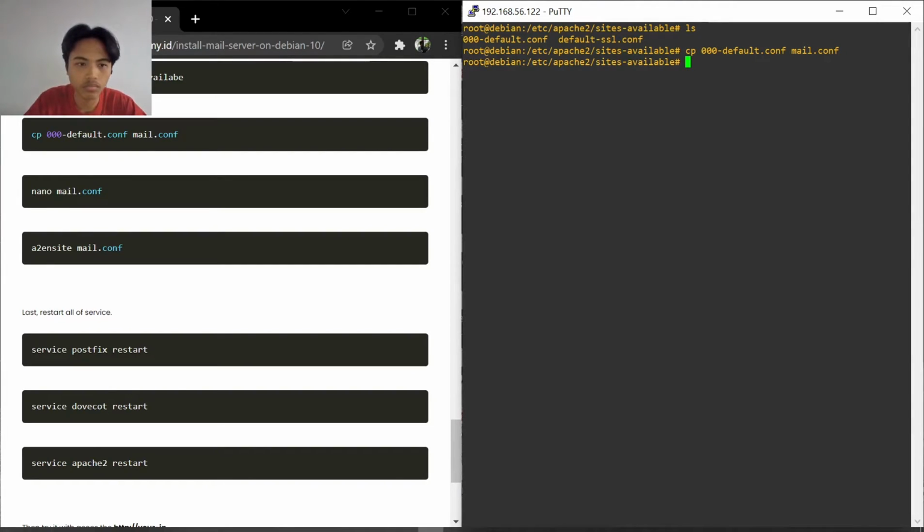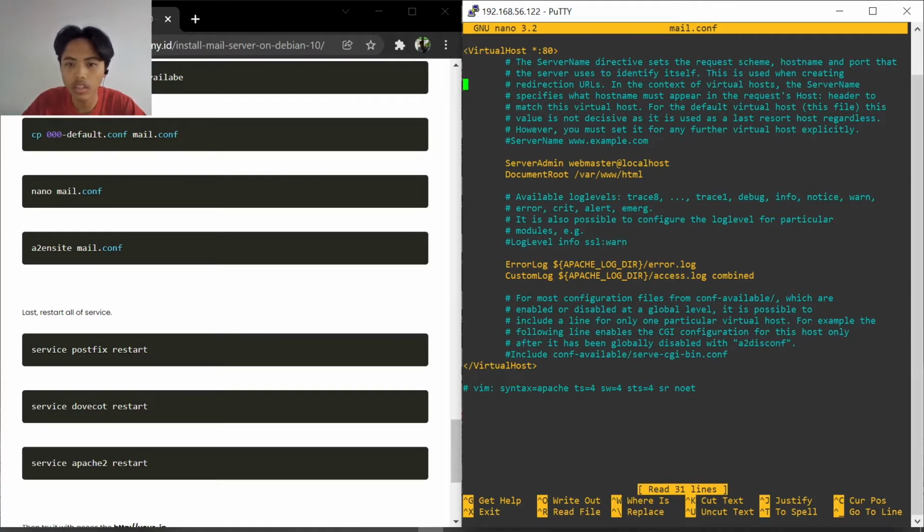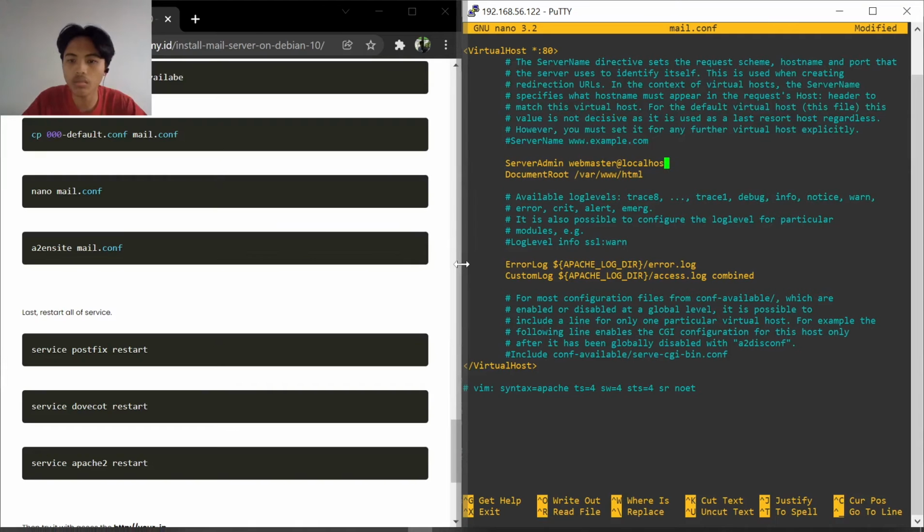And then we enter mail.conf with nano mail.conf here, and here we set the server admin, localhost, maybe root, for example root@yourdomain.com.